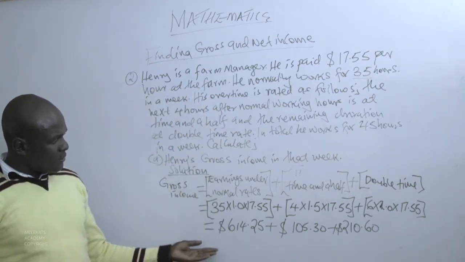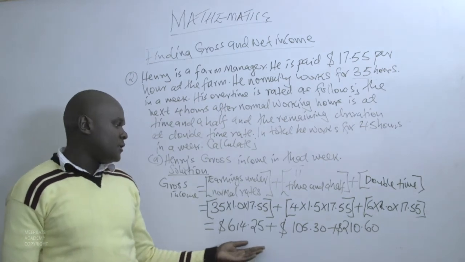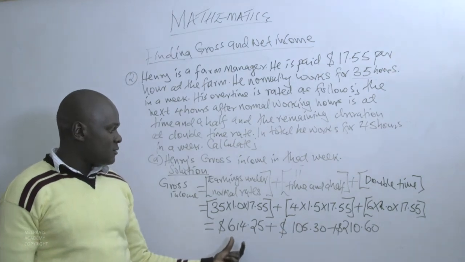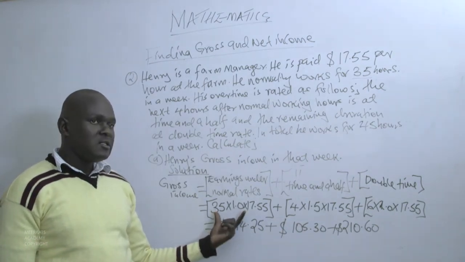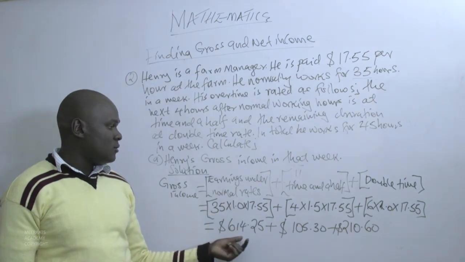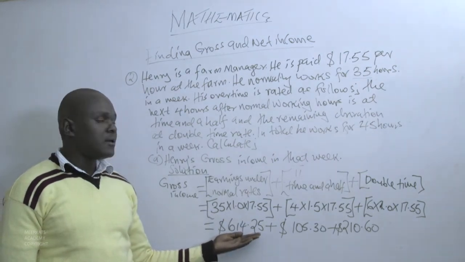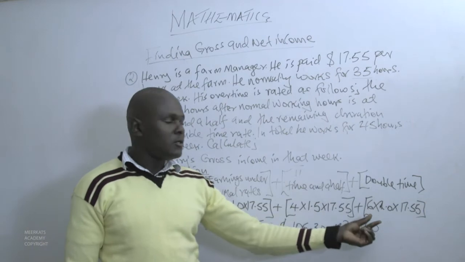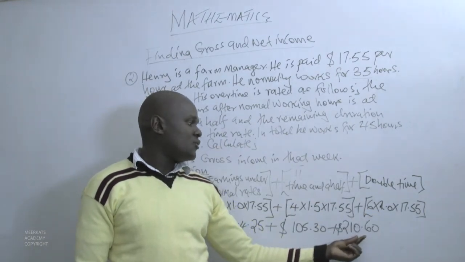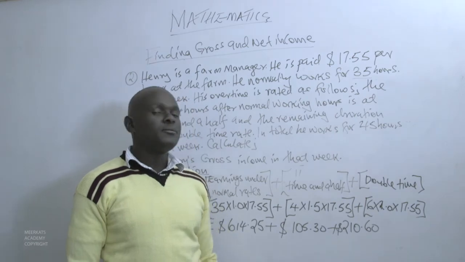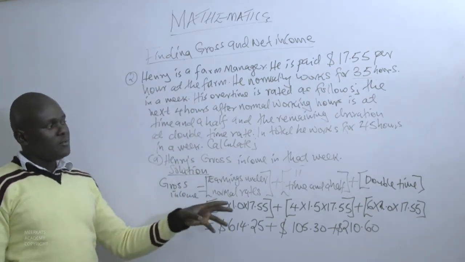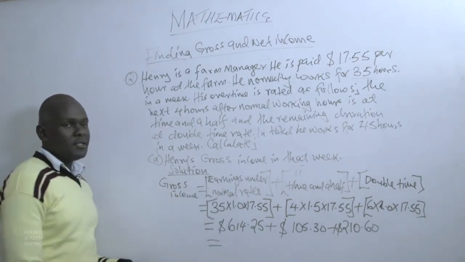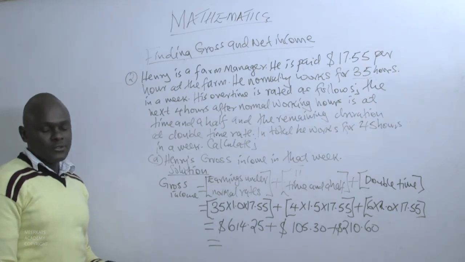In fact, when you look at the different earnings that this particular person is making, you will discover that in the first bracket he is working so many hours to make just $614.25. But in the double time, he only works for 6 hours and is already making $210.60. So these different rates are there to encourage this particular farm manager to work for the overtimes so that